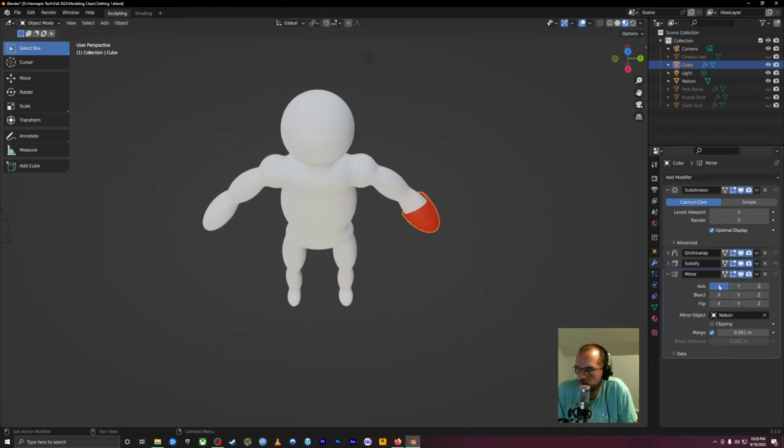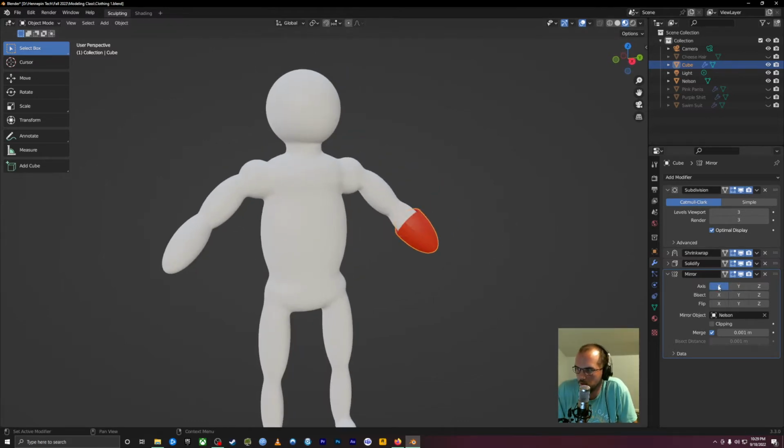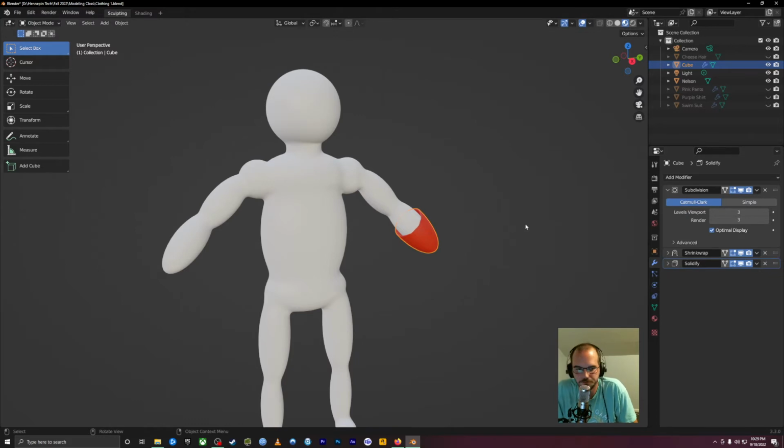Mirror it to the other side, and it's probably going to mess up because I did this guy sideways, so my mirror is not going to have a good time. Anyway, delete the mirror modifier. Okay, so that's the shrink wrap. And I'll say this about shrink wrap too. A lot of times when